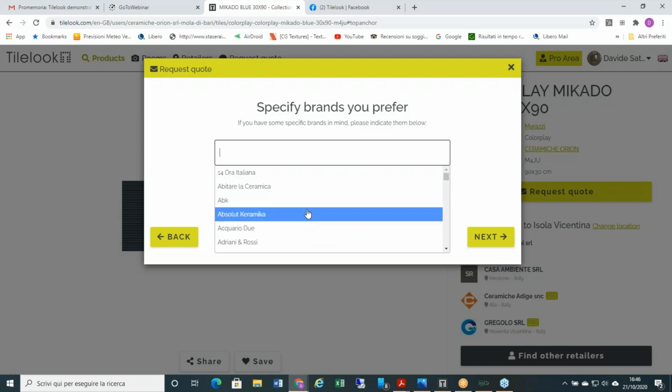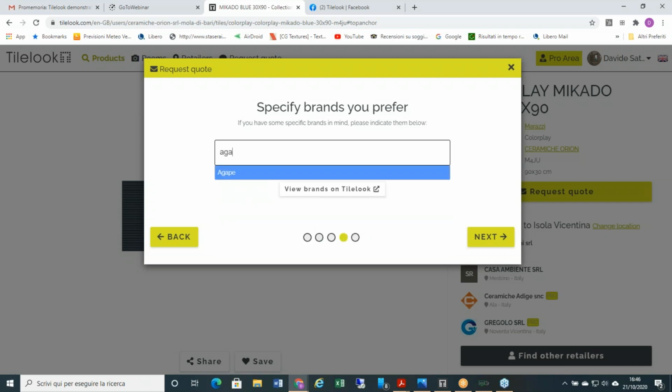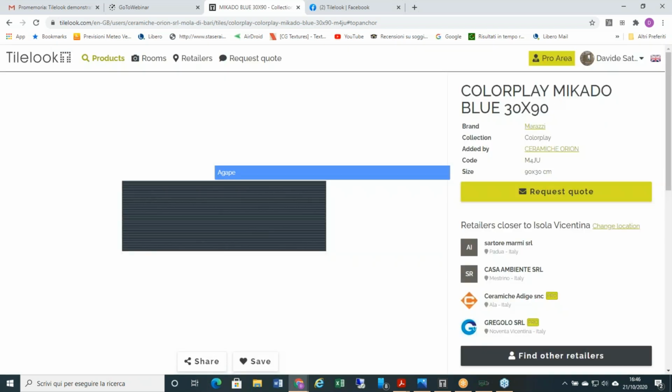I can specify brands of bathroom cabinets and so on. Once it's complete, the request will be sent to the business users, the request for an entire project using this specific product. This request will be visible to the business user in the section